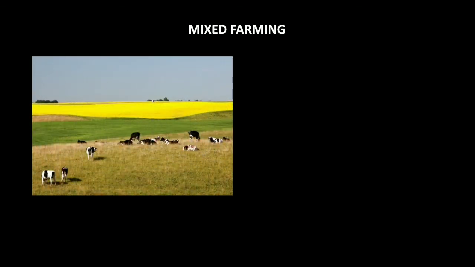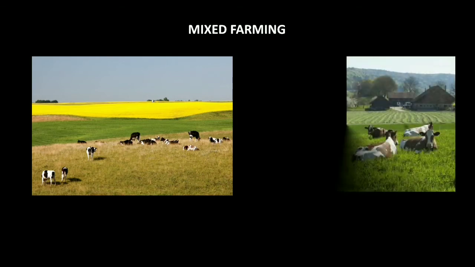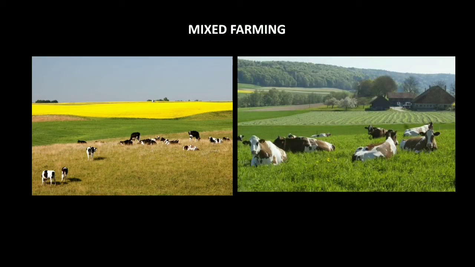In this type of farming, both animals as well as crops are grown, and it is on a large land. But what happens here is they grow the crops as well as the food of the animals, so that they are able to feed the animals as well as get profit from the crops they sow. So they do cultivation for themselves as well as to feed the animals that they are rearing.